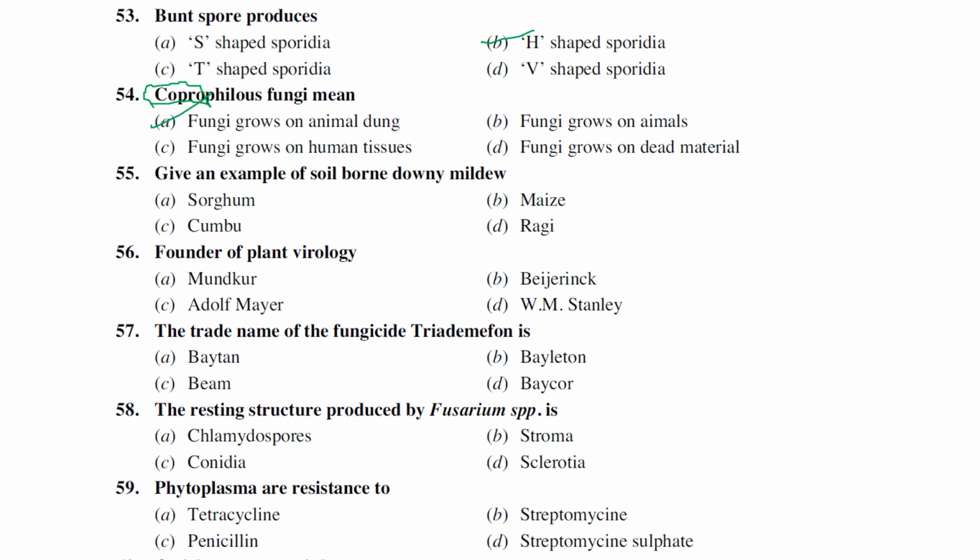Founder of plant virology. Yeah, Adolf Mayer is generally considered as, no, just a minute. Beijerinck, yes, he is also considered as a father and founder of plant virology, because Adolf Mayer as well as Ivanovsky made a very breakthrough contribution. There is no doubt about it. But the founder of plant virology is Beijerinck only, because he is the one who coined the term virus, and is the first one who discovered tobacco mosaic virus also. That's why he's considered as father and founder of plant virology.